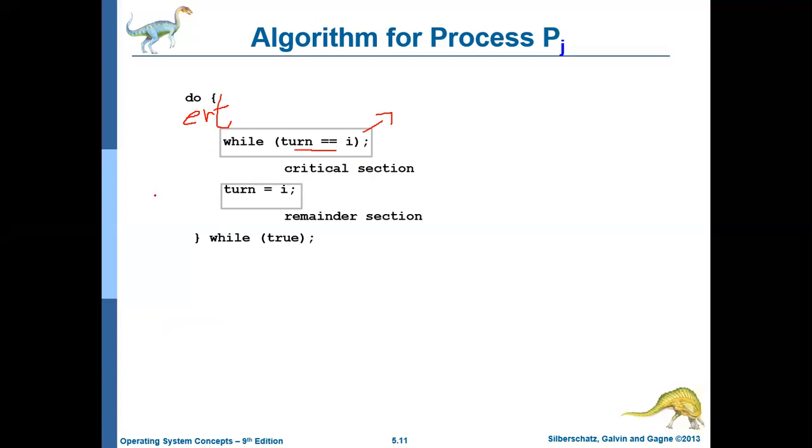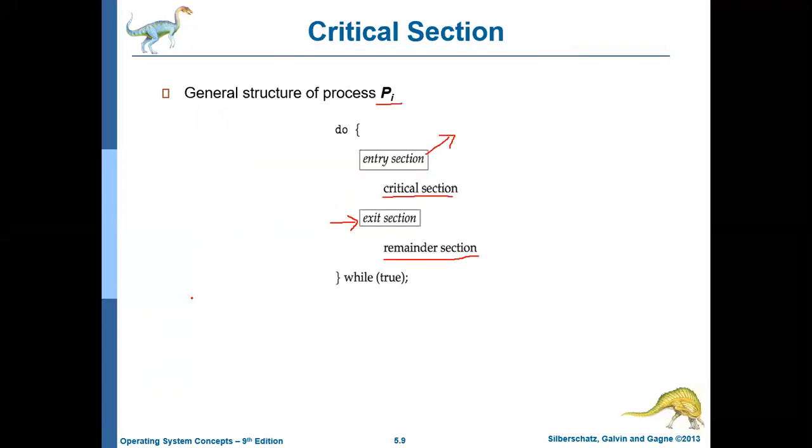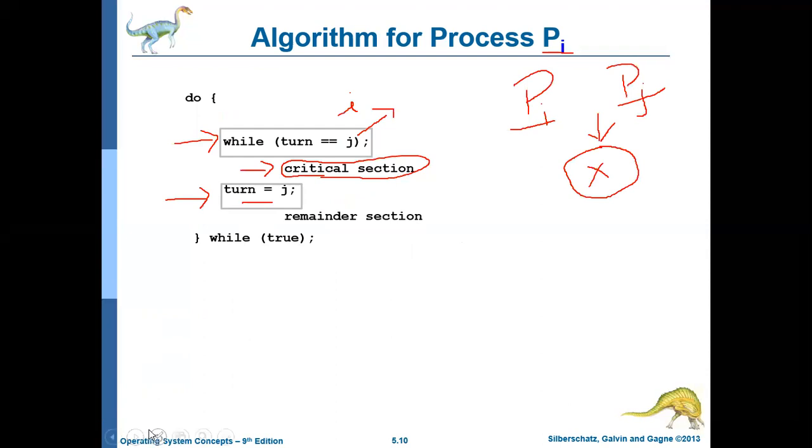After finishing the critical section, it will execute the exit section. In the exit section, it makes turn equal to i. It means now the process i will execute next. Then comes the remainder section. So this is the code corresponding to processes i and j, which ensures that the shared data can be accessed without creating any inconsistency, or that the shared data will be consistent. This is a very simple algorithm.